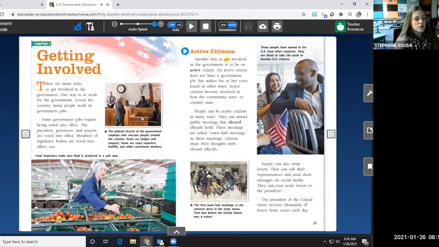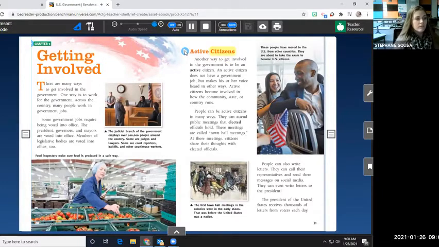All right, so what we just read there talked about that grown-up stuff, right? The jobs that you can have in government, being a governor, being a mayor, being a president, and how you can vote for those people. Now we're going to take a look at what it means to be an active citizen. So what can you do as a citizen, as a member of the community around you? I'm going to send you into some breakout rooms to share ways that you can be involved after we read this. So listen for something that you could do with your government.